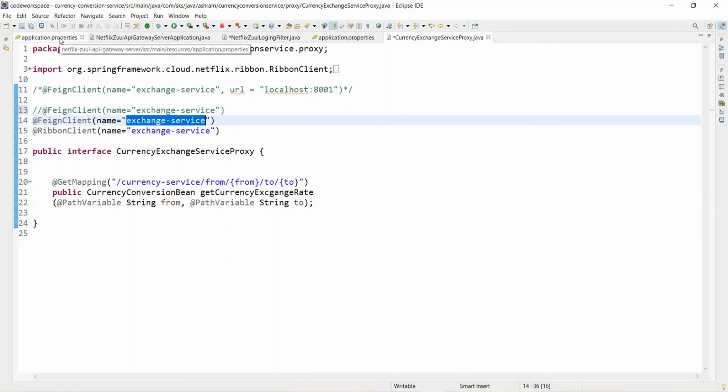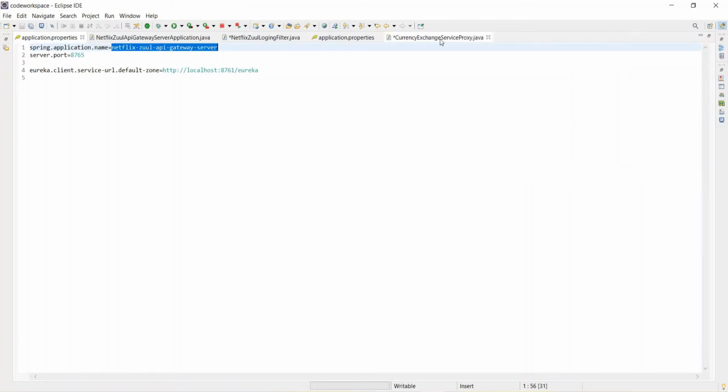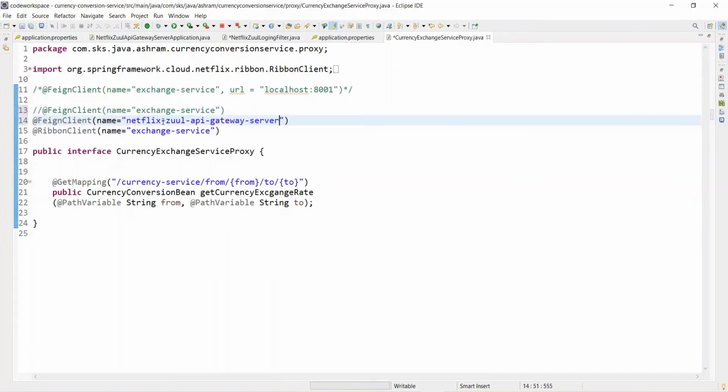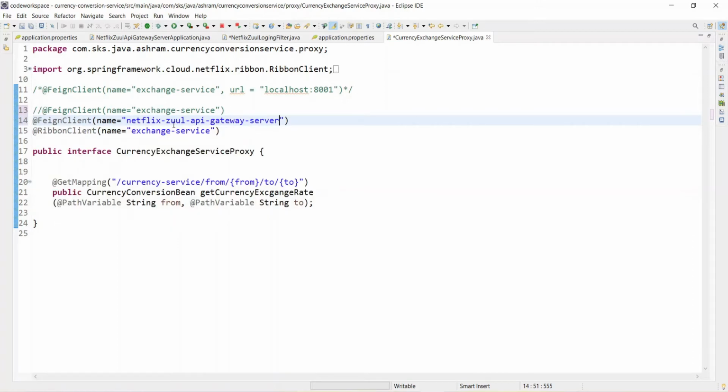So go to the application.properties and take the name of the Netflix Zuul API gateway server. Go here, copy this, come here, and paste this. So now our Feign client is referring to the Netflix Zuul API gateway server. You know the Netflix Zuul API gateway server has also got registered with the Eureka naming server.